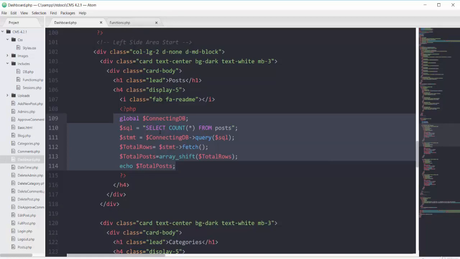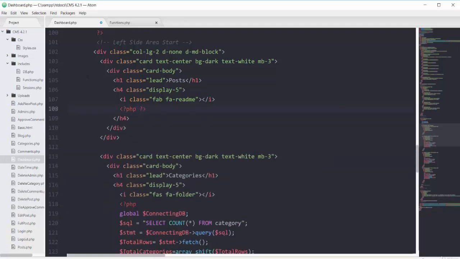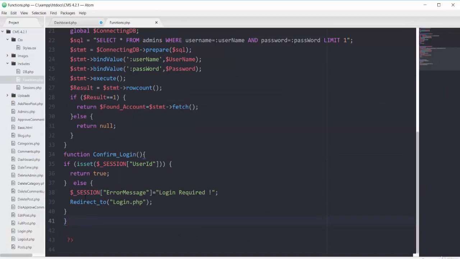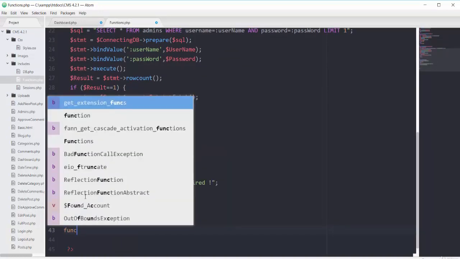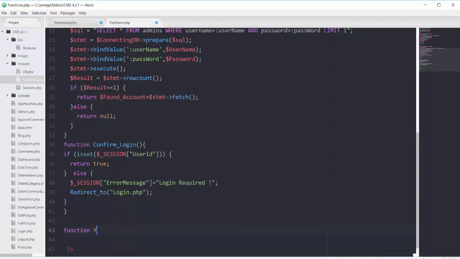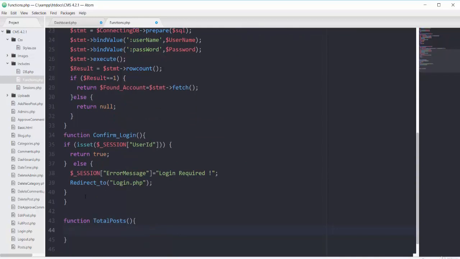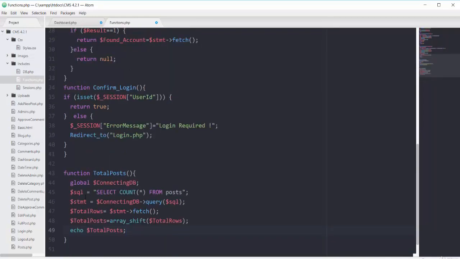So I'm gonna cut all of this post PHP from here, and in my functions.php file, right after confirm login, I will define one function with the name of total posts. Now pasting that PHP here. So I'm echoing total post here.